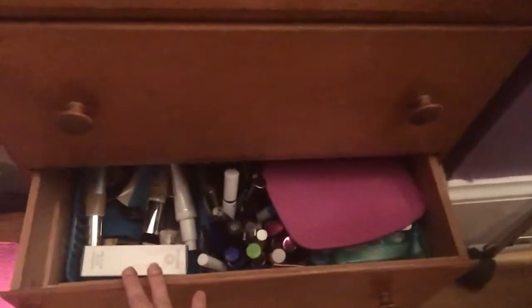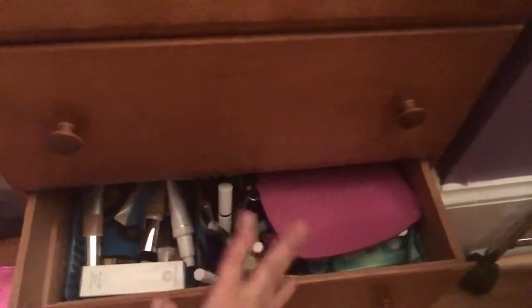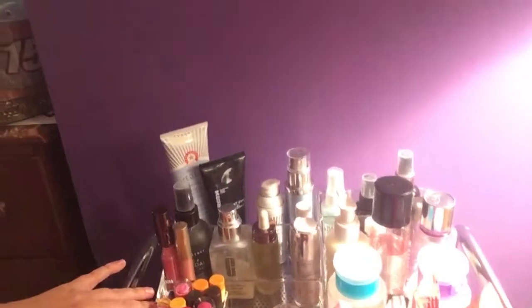A lot of my extra foundations, my eyeliners, eyeshadows, and mascaras and all that, and my face wipes. And then up here, as you guys know, that's my makeup tower, which I absolutely love. So up here in this little caddy, sorry that there's the one light there on the dresser, but on this